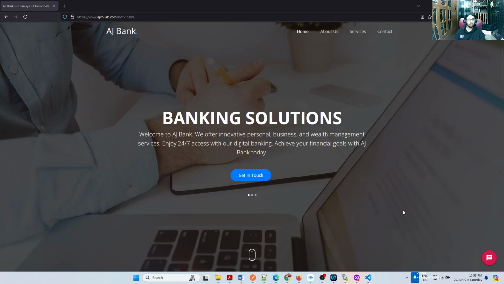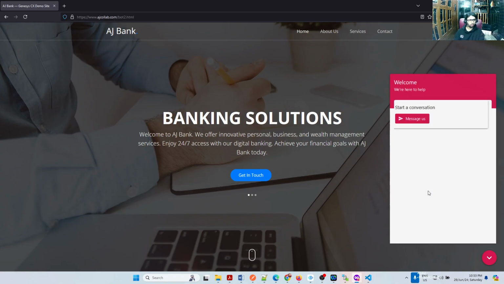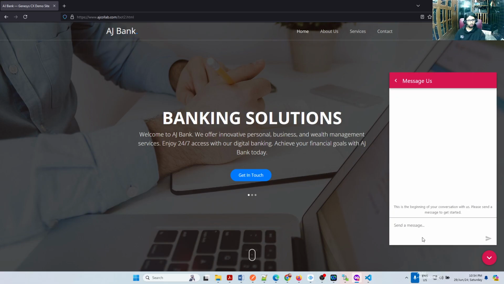So there is a small bot which I deployed here, which is also similar, but I'll show you the capabilities. When I chat with that bot, it can do the same things which we are defining now, like interacting with an agent or getting a case update, but it can also do an authenticated flow. Let me show you that. You can also experience this, and it will check whether my agent is available or not. Only when the agent is available can it send the trigger notification. It's not like everyone can chat.